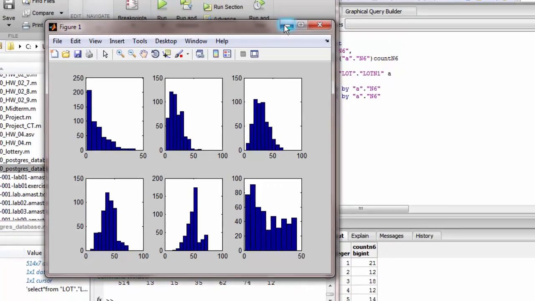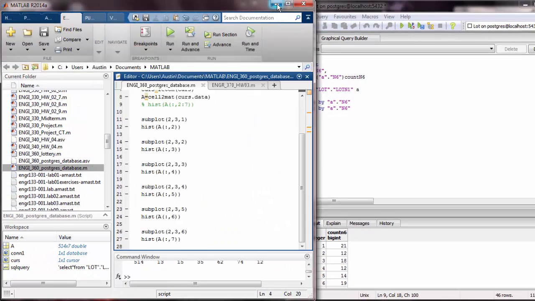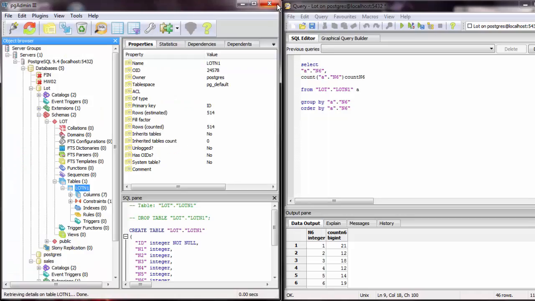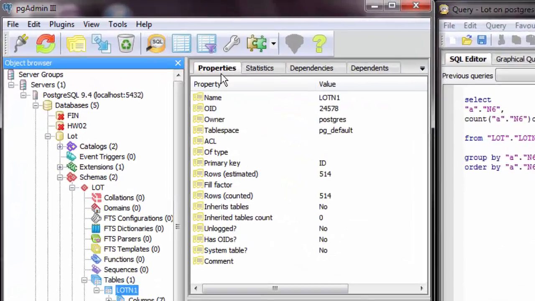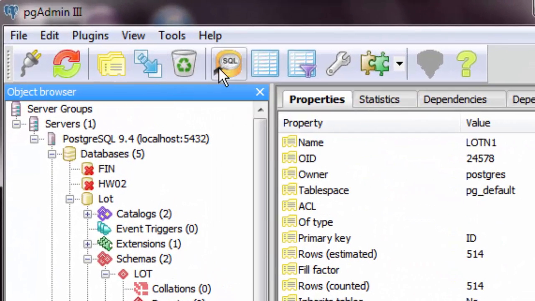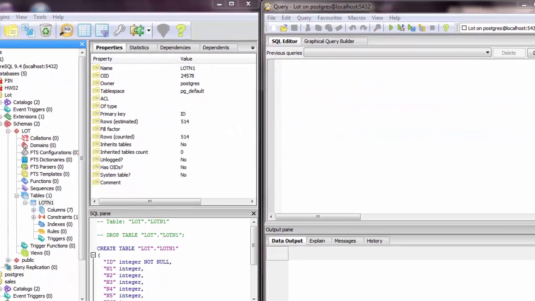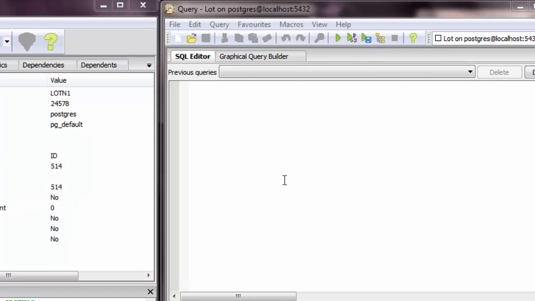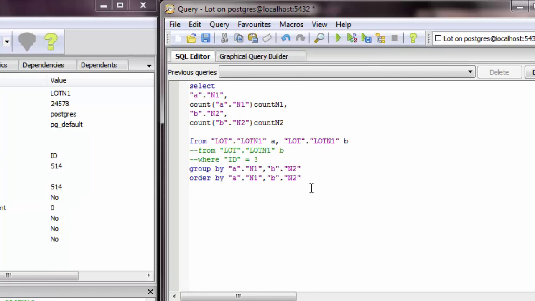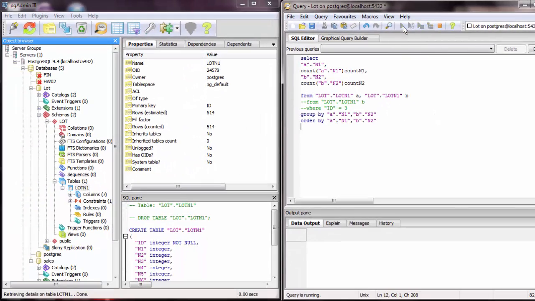And now we are asked to determine the number of counts for the entire list of numbers. So to do this, it will show everything here. We can click new SQL, and we're going to use some code that I've already written. We're going to copy and paste it over. So this code is an attempt to do this, to show all the counts N1 through N6 all in the same chart. So this is just going to show the first 2 columns, N1 and N2. So we're going to click run here,